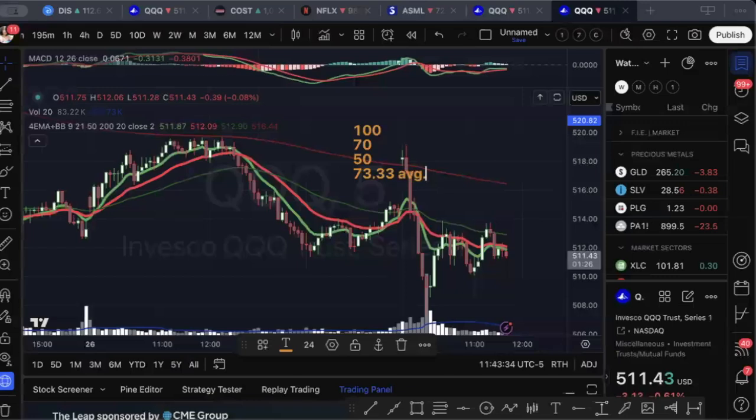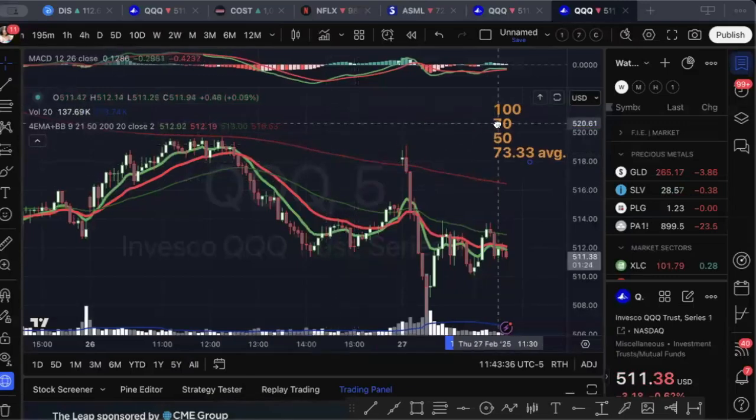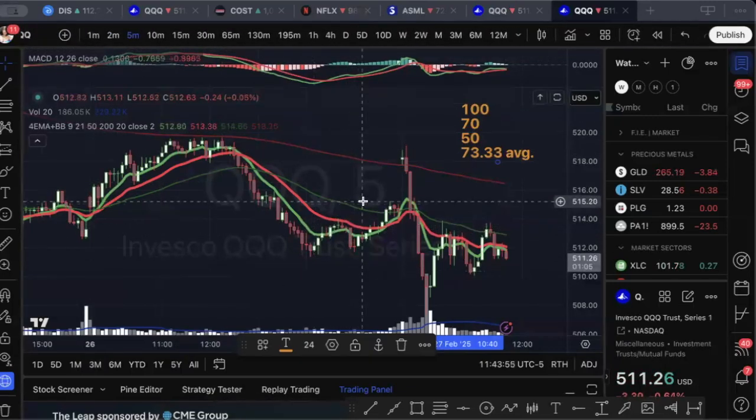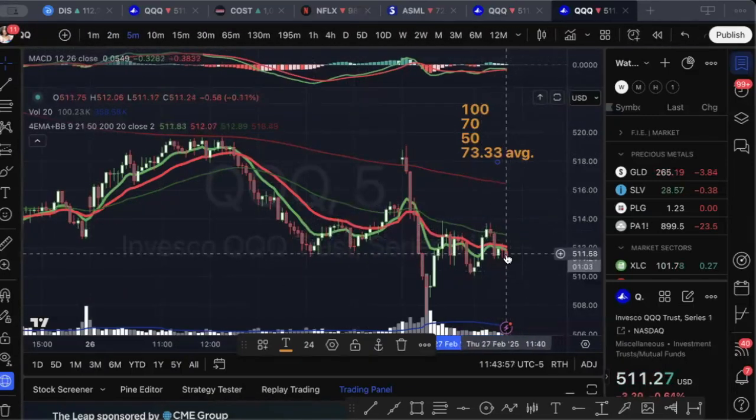Now, the reason why I type this out is so that you can understand how moving averages work. If I told you I had a 9 moving average, then it's 9 students with 9 different grades. And then they're going to add it all up and divide it to give you the average, right? So it's a 9 moving average. So it's a representation. If we're on the 5-minute chart, it's a representation of the last